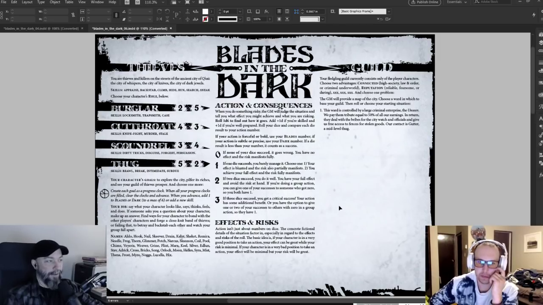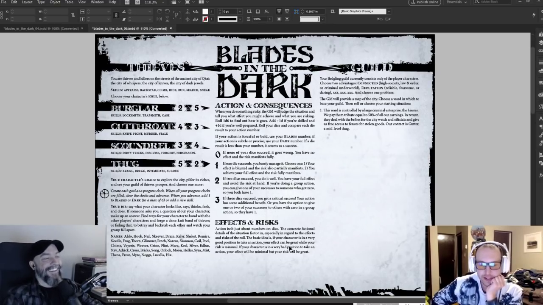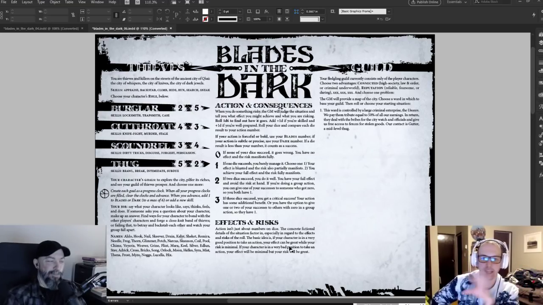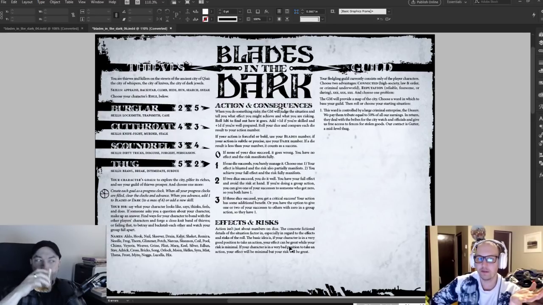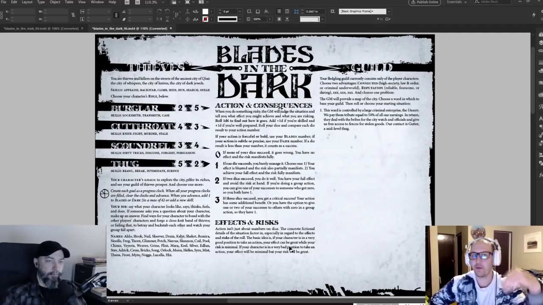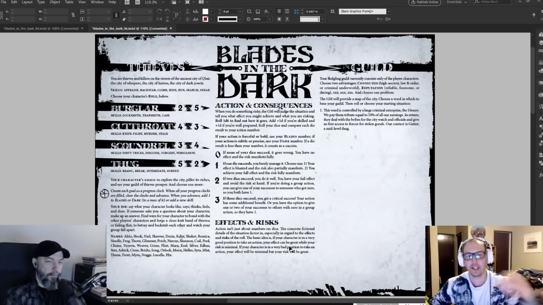But what's also really funny, this is like two days into the development of Blades. And if you look at this middle column, it says Blades in the Dark, action and consequences, effects and risks. Which is basically the game. Yep. On a very broad, high level, the principles of the game are there. And that says something, right? That says that these are what your goals were, or this is the aesthetic you were pursuing. And it's good to see that you were able to keep chasing that and get to it.